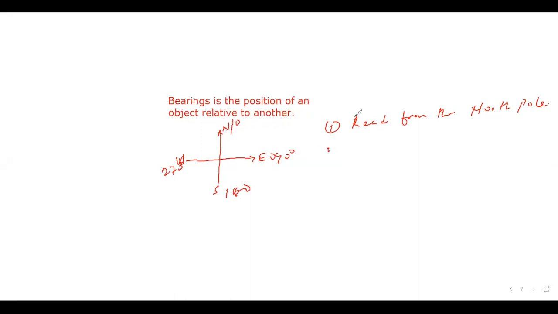You read in a clockwise direction. So that means you always start from the north and you go this way. You can't go backwards. You start from the North Pole, you read clockwise, and it should always be in 3 digits. The figures should be